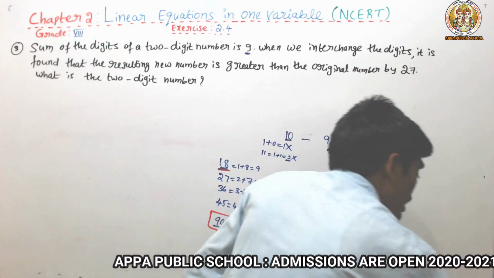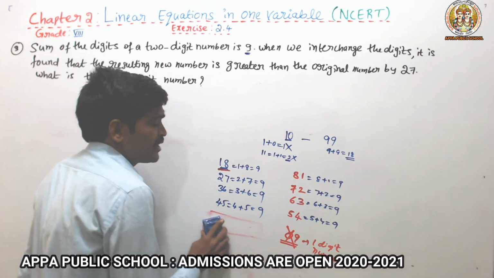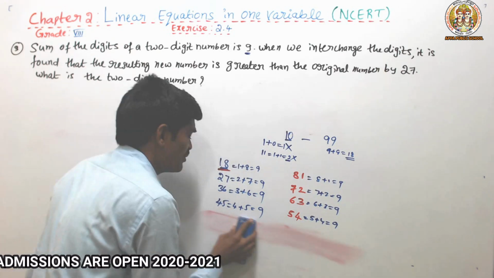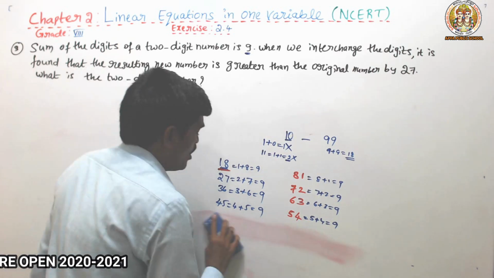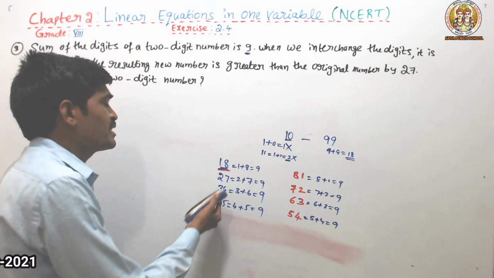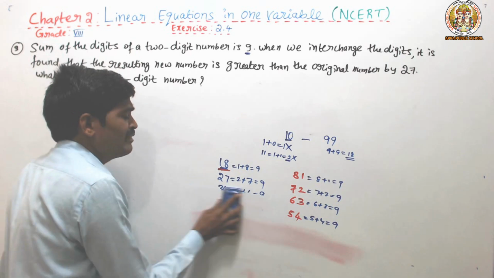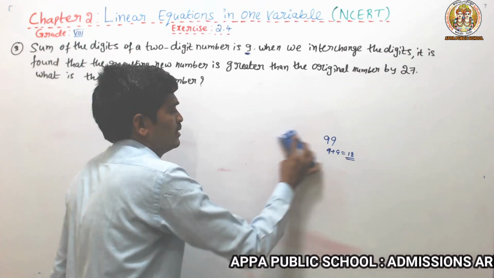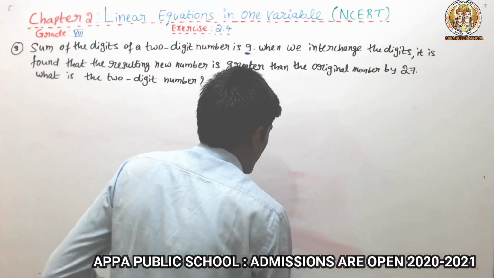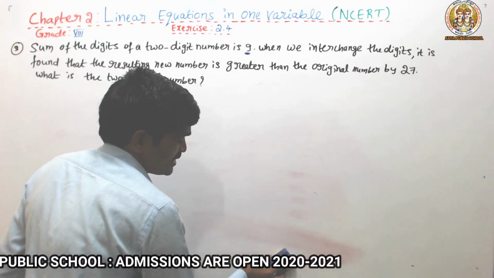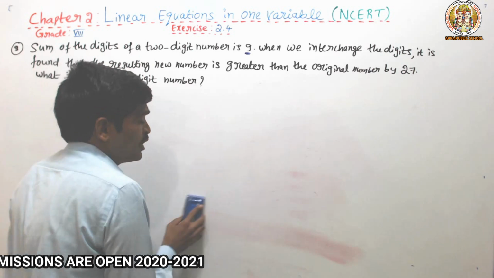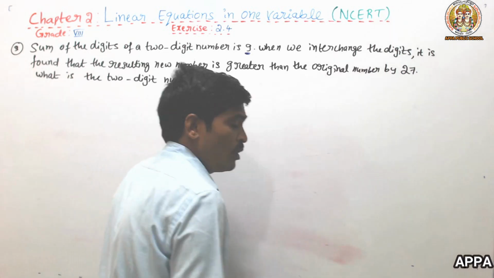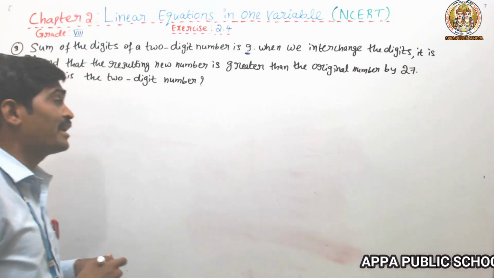So also you should remember, my dear students, observe these numbers carefully. There are two place values here. Which are those? One is unit place, one is tens place. But particularly we don't know which is the unit place, which is the tens place. That's why we are taking the variables. So my dear students, first we will start with unit digit and tens digit. Why are we taking only 2 digits? Because 2 digits place value should be there, unit place and tens place. So we have to take here.